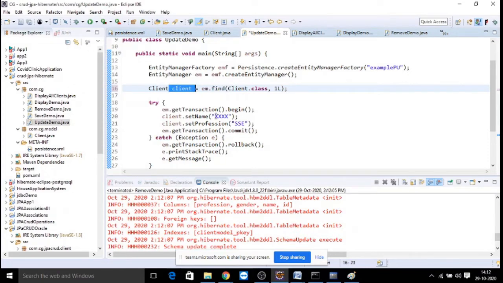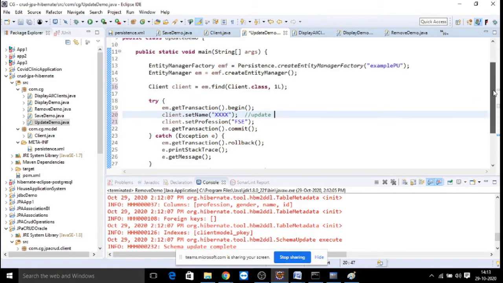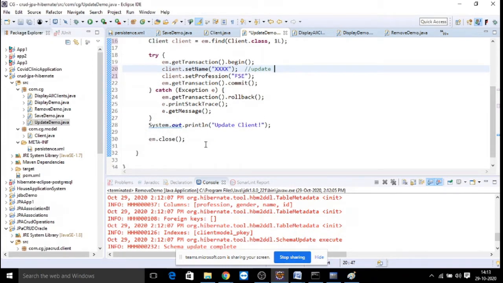On that object I wanted to set my name, set my profession, any name I wanted to give. I make it FSC. Further, any other details you wanted to set, you have to set with the same object. Setting itself is nothing but an update. Here it will do the update operation. Once your update operation is done, again you are going to close it.